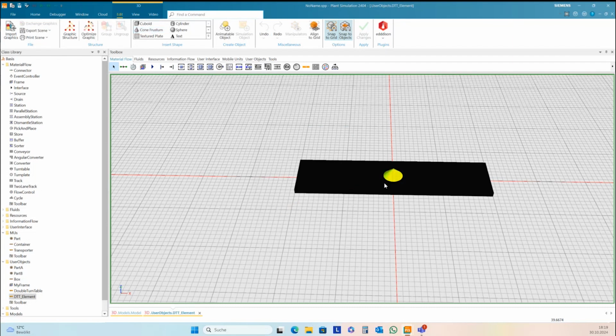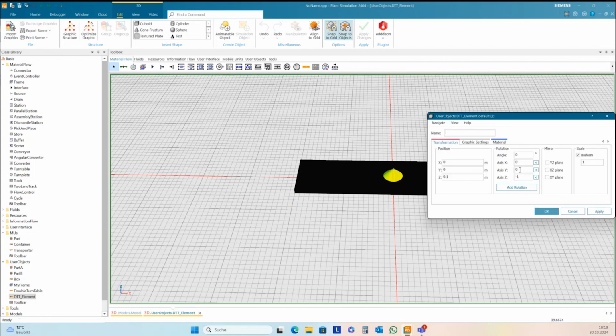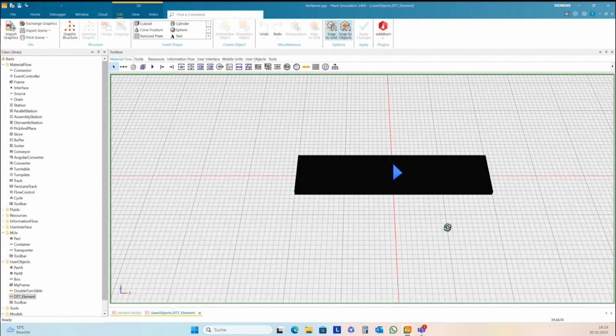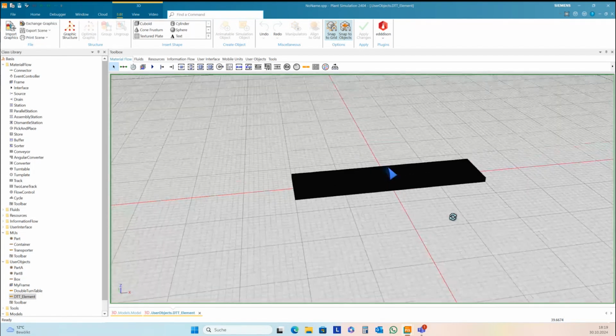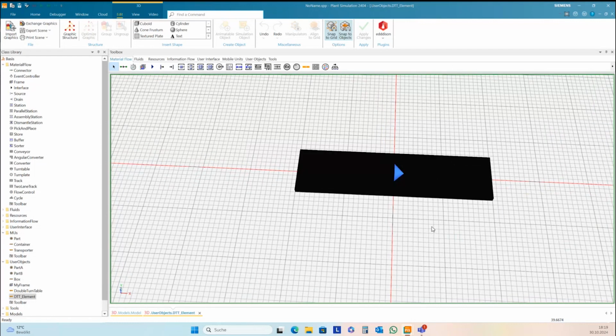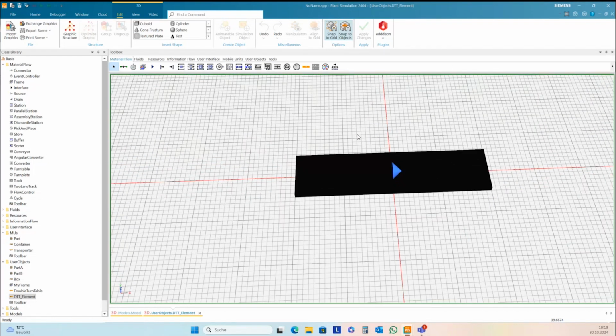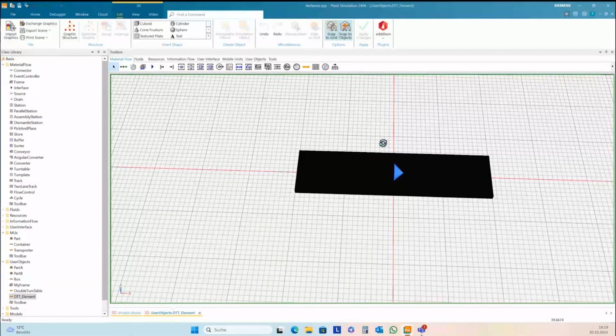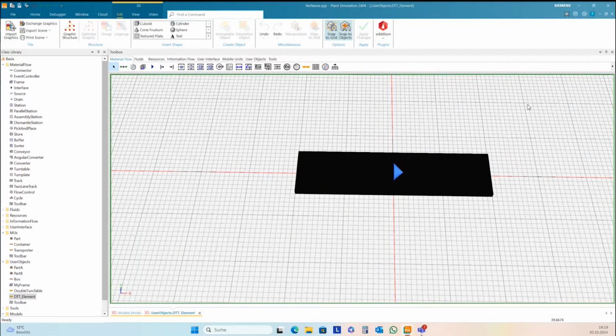Create. And this I flip around the y-axis by 90 degrees. And so I have some direction. Okay, and this I need for the other direction as the second lane.